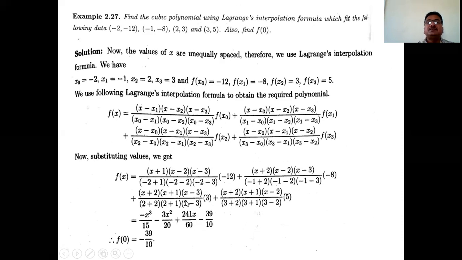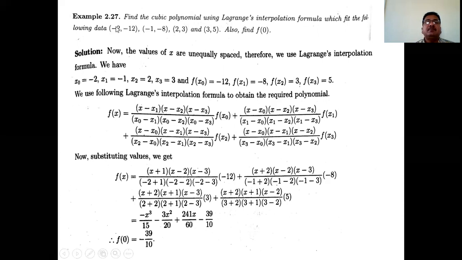And the next problem, again a polynomial fitting problem, that is to find a cubic polynomial using Lagrange's formula. If the question only says to find a cubic polynomial, and does not specify the method, suppose using Lagrange's interpolation formula. To fit the polynomial, we can use 3 methods: Newton's forward interpolation formula, Newton's backward interpolation formula, and Lagrange's interpolation formula. But if the values of x are not equidistant,